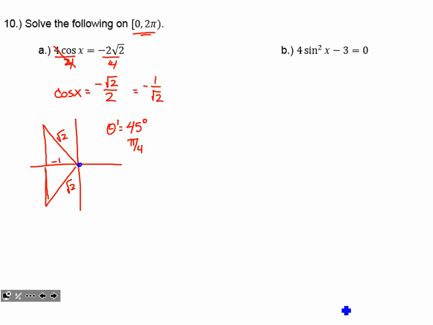So to answer the question, what angles lead me there? Here I stop pi over 4 short of a full pi. That would be 3 pi over 4. And the other solution, there I overshoot the axis by one of those reference angles, 5 pi over 4.